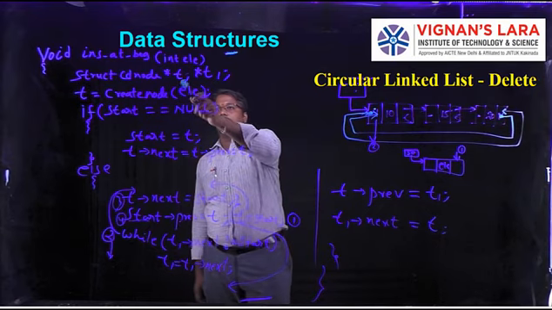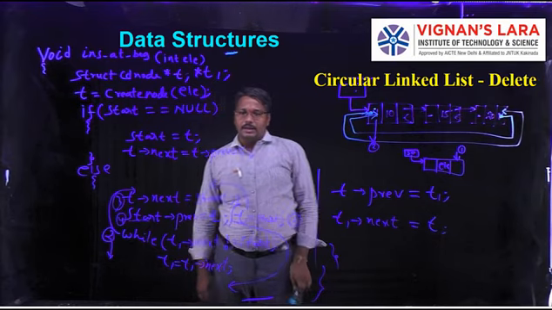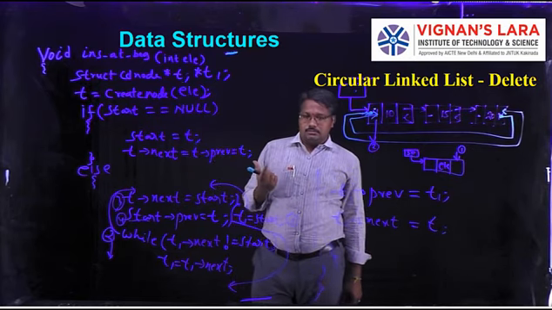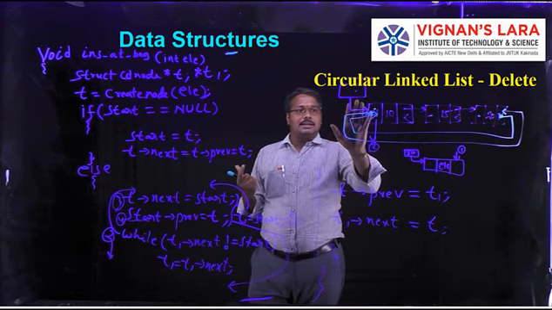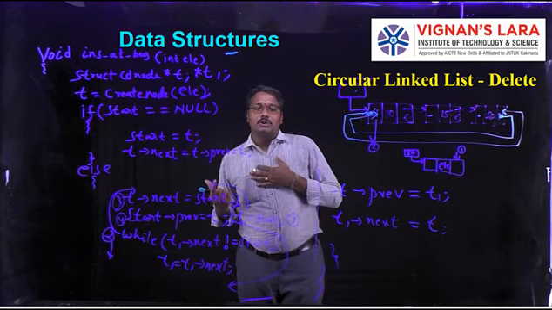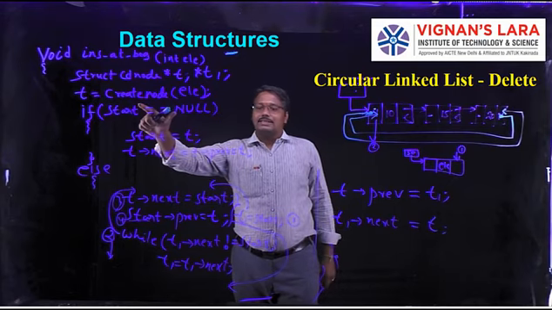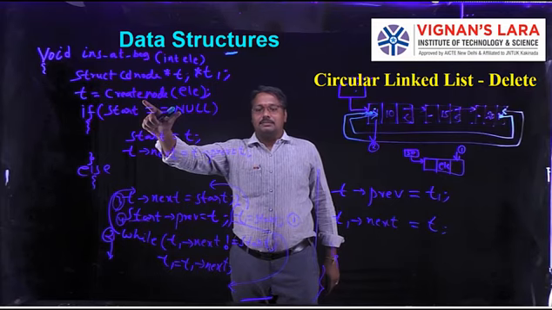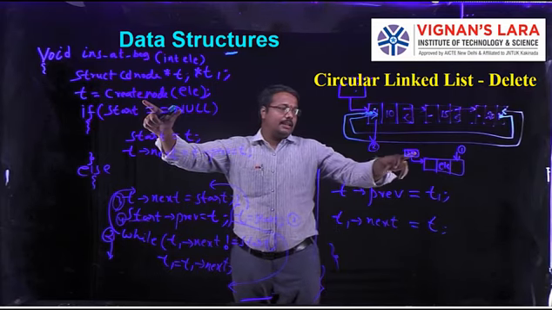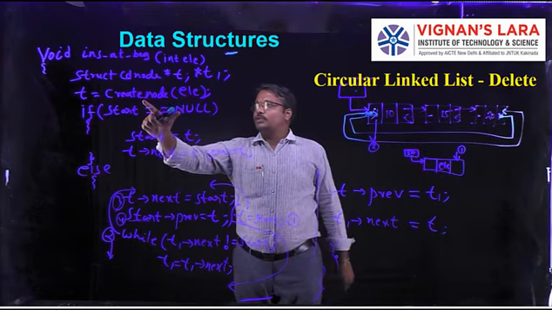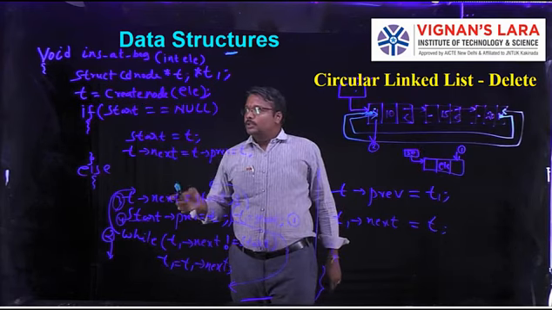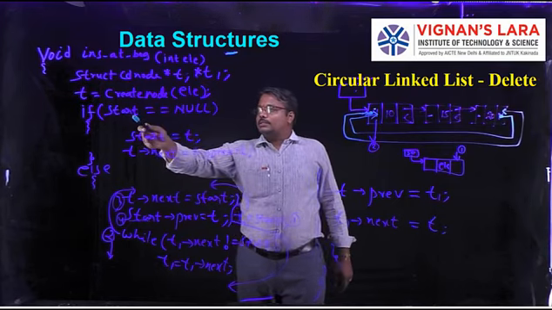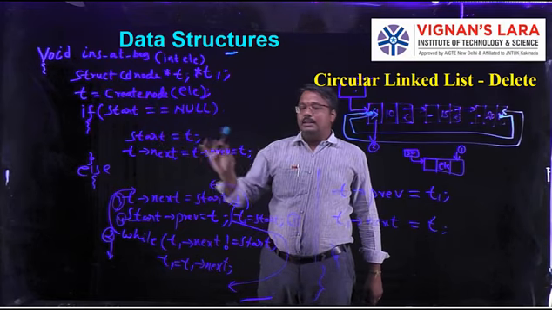So here I have created two different pointers: T and T1. T is used for saving the new node address. Whenever I want to insert a new node, initially I want to create a node. The create node function creates the node and returns the created node address. Say in my example, it returns 50. So 50 is saved in T. Another one, T1, is used for traveling purpose. First I am checking that if start value is null, then the list is empty.